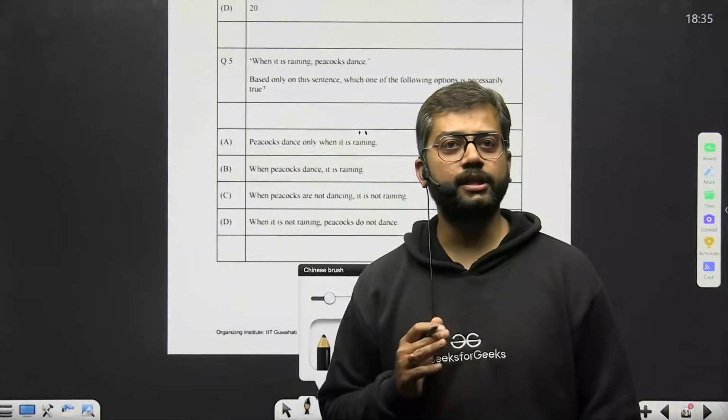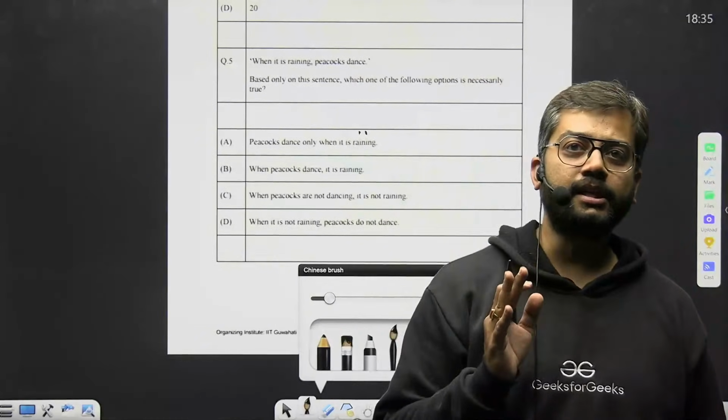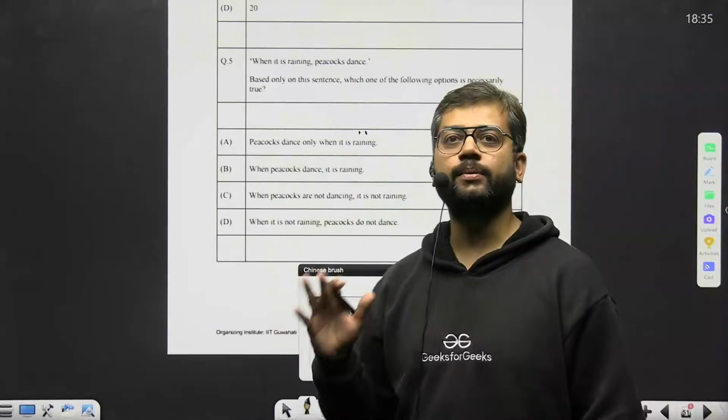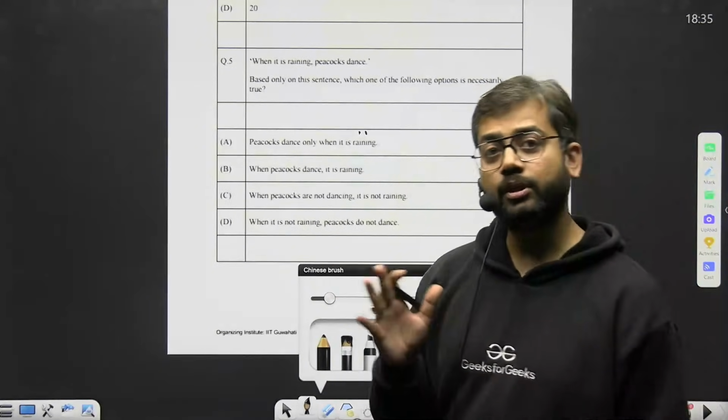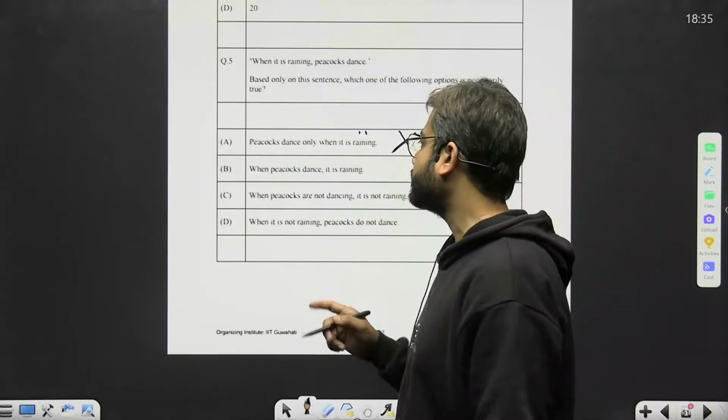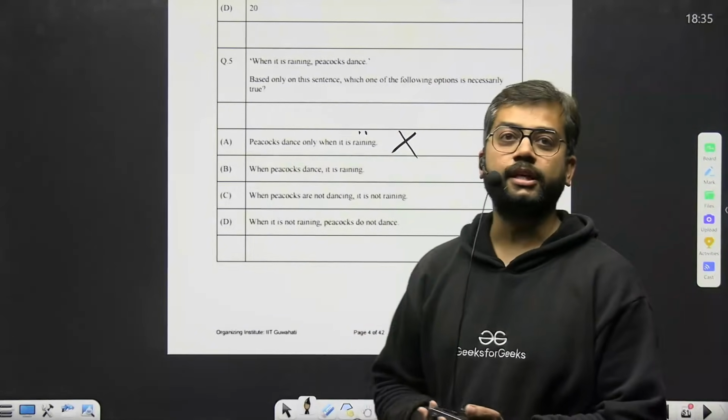नेसेसरली ट्रू है, ठीक है। अगर पीकॉक डांस ओनली व्हेन इट्स रेनिंग, तो यानी कि पीकॉक डांस कर रहे हैं जब हमारा रेन हो रहा है। अब ये थोड़ा सा नॉट नेसेसरी वाला केस आ रहा है, क्योंकि ओनली का कंडीशन आ गया, तो पहला केस हमारा गलत। व्हेन पीकॉक डांस इट्स रेनिंग, देखो अब दूसरा